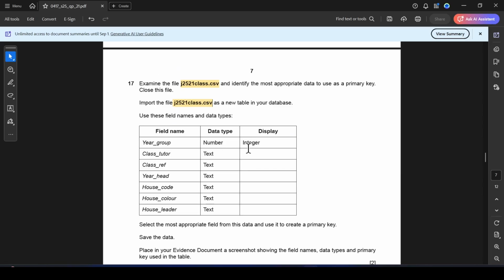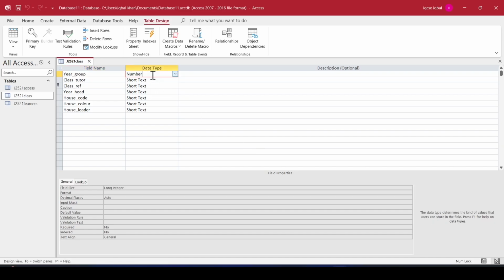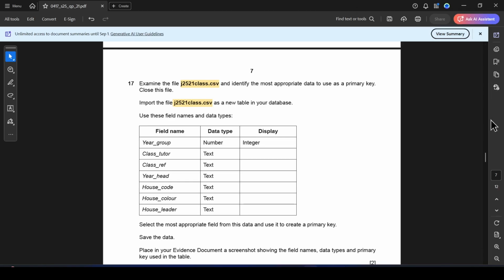All right, so now use this field name as a data type. Here is number, number already. Now here, integer is also there. All are text already. All right, right click save, right click close. All right, so done. Now next,